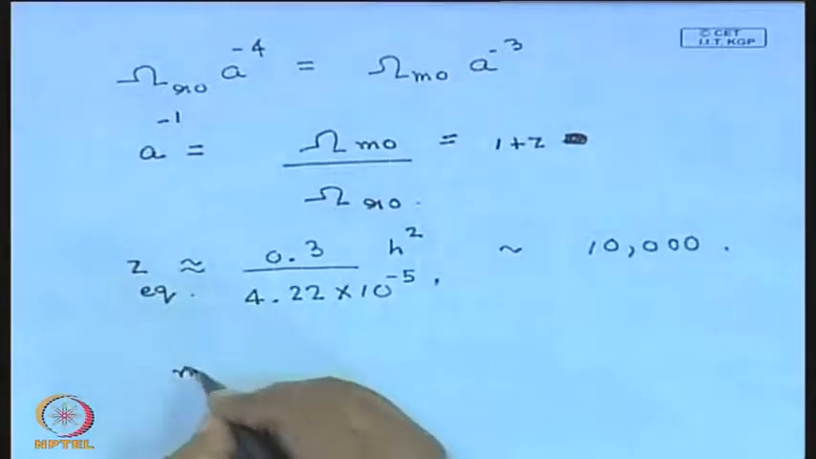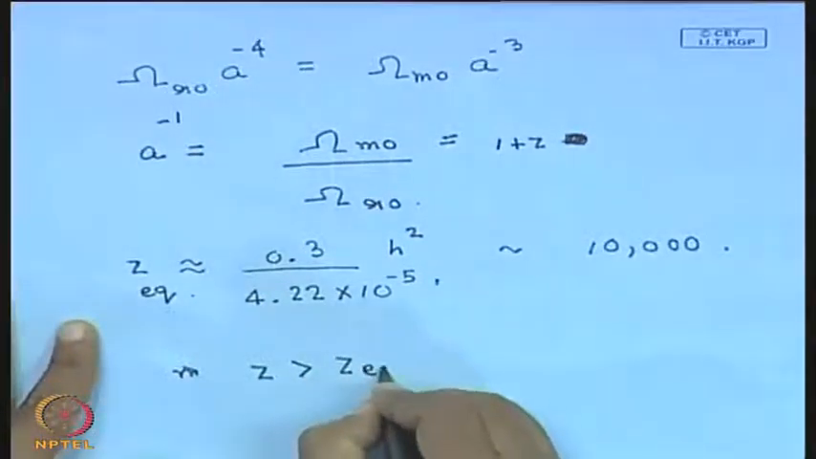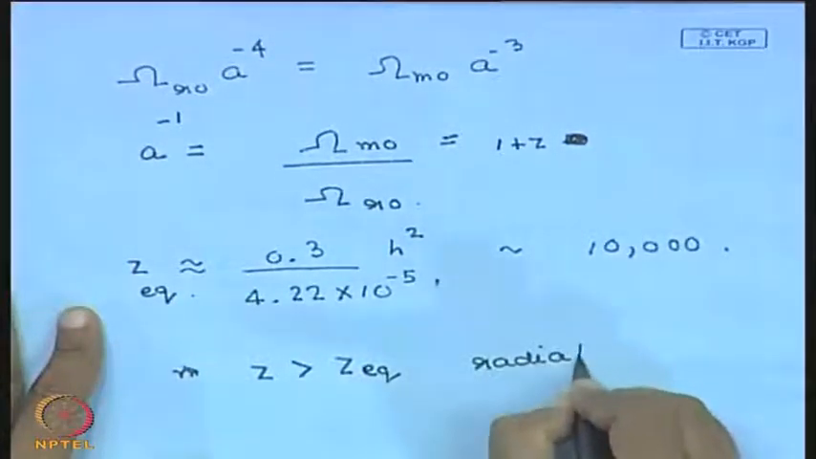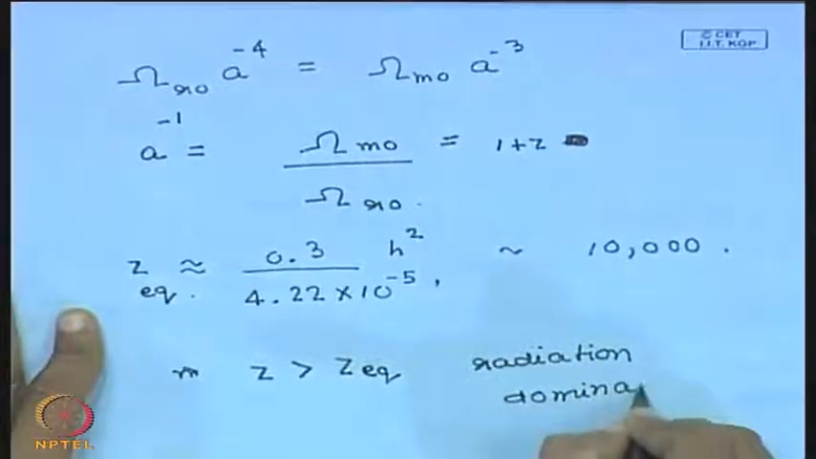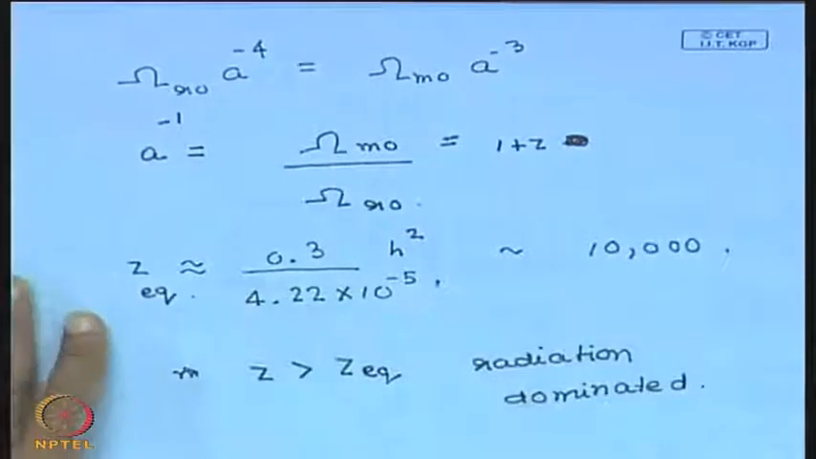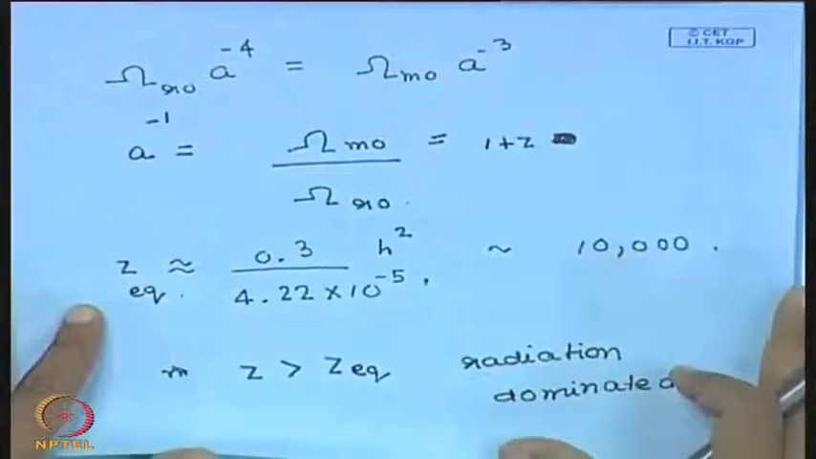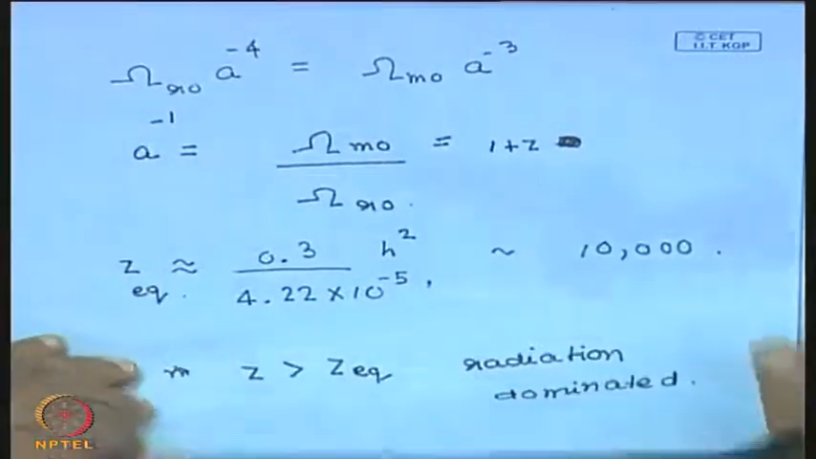So, at redshifts greater than the redshift of matter radiation equality, the universe is dominated by radiation. And we do not have to bother about the matter part or the cosmological constant. So, the early universe is radiation dominated by relativistic particles. Let us also work out the solution at those times. The evolution of the scale factor at those epochs is given by